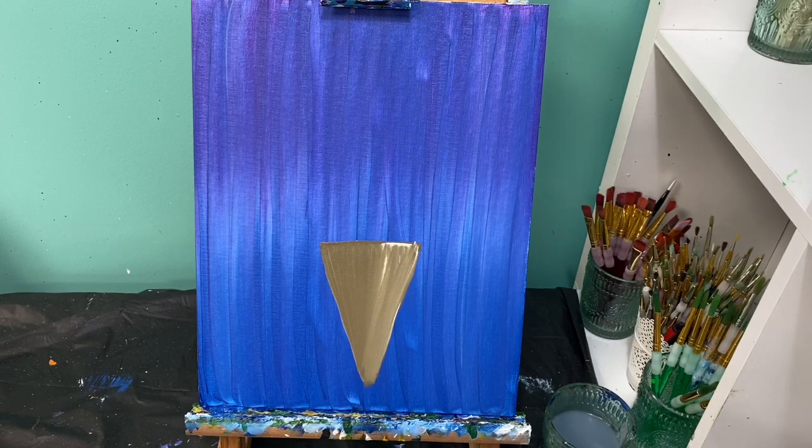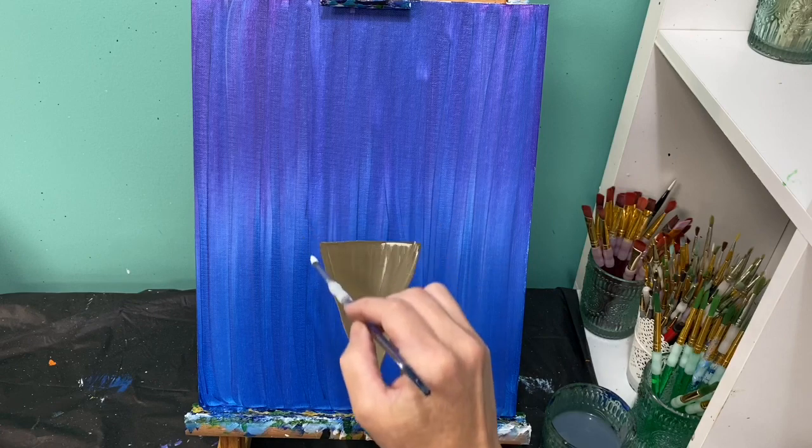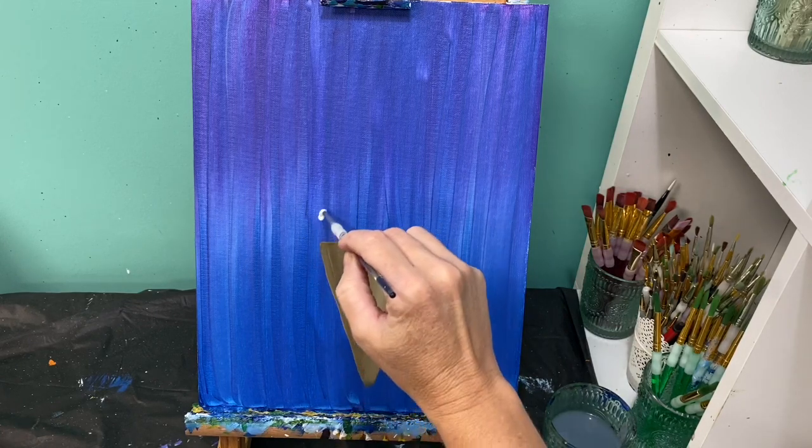Now we are going to use white paint to outline where all of our ice cream is going to go. Your ice cream does not have to be vanilla, but I want you to still outline your ice cream shape. Ice cream is pretty easy. It's a lump, okay? It is not anything fancy schmancy. It's a lump. So it's going to start a little bit above your cone as an arch,